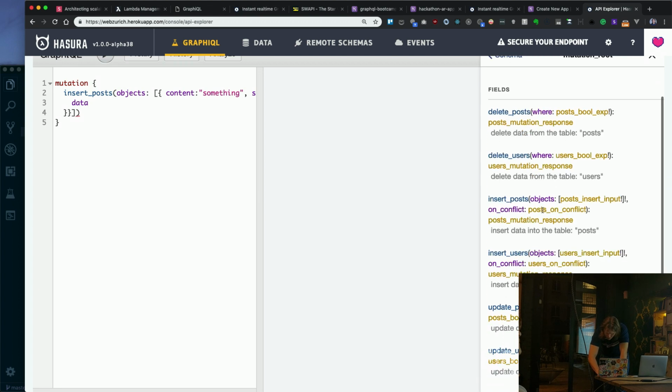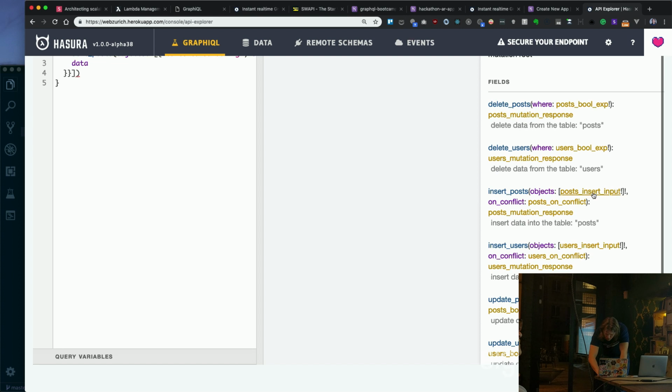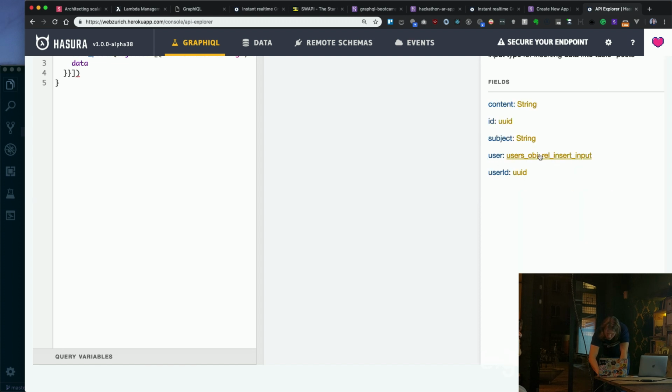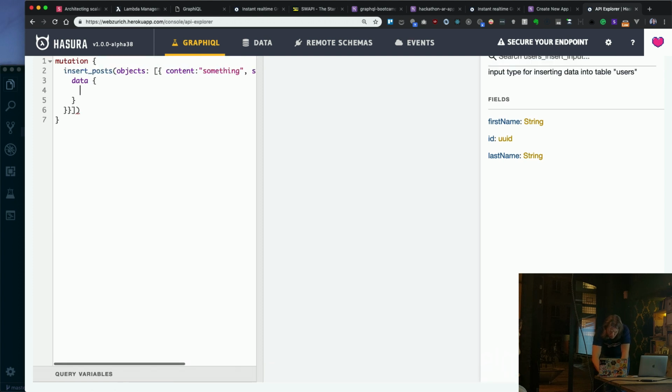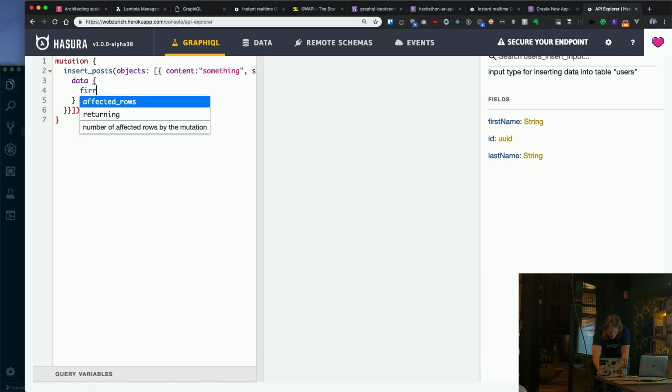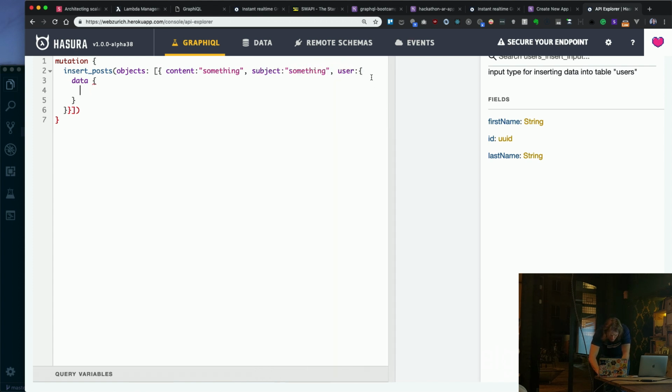So I go to mutation, insert posts, post input, user, input, data. Now I can provide it with user data, first name, last name, and I will return something.